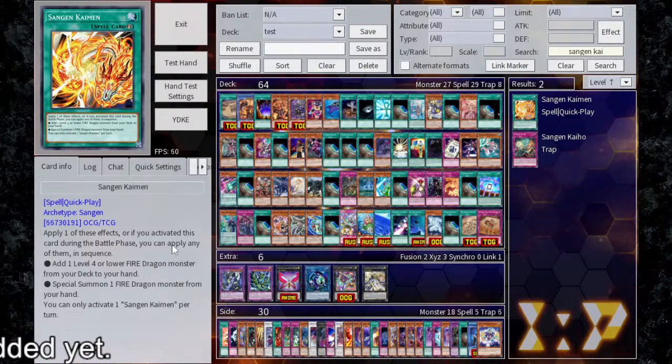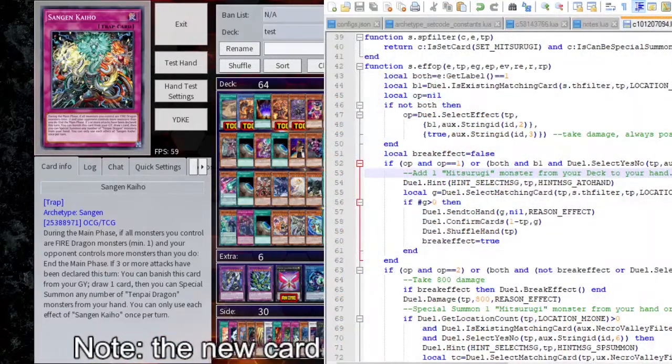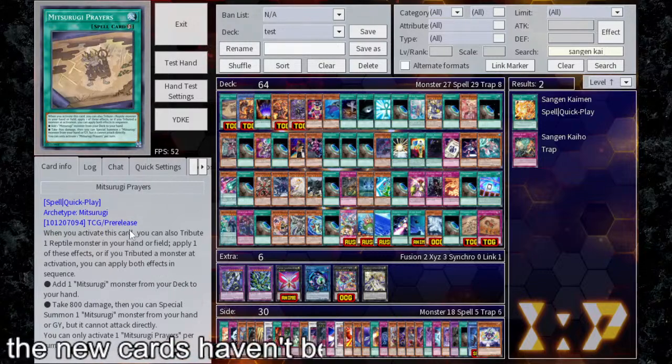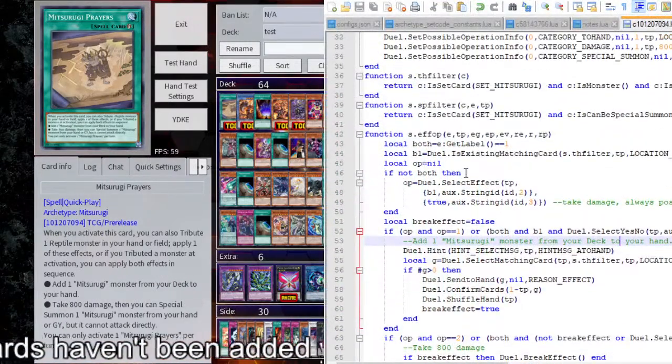But because it says you can apply any of them in sequence, they were smart when designing this card. You pick whether you're gonna apply the first one, and if you do, then you check if you can apply the second one. So that's what the code here does. This one is like, from the start, you gotta say apply one or apply both. So